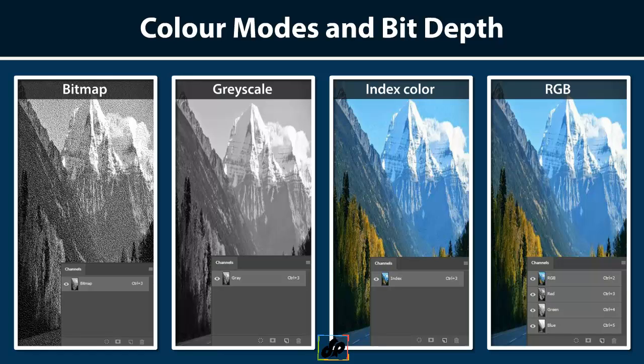The last color mode is RGB. Like grayscale and index color modes, an 8-bit RGB image also has 256 possible values. The key difference is that the RGB image has 3 channels to store this information, a red, green and blue channel, whereas the previous color modes were limited to 1 channel. With 256 possible values for each channel, RGB images contain over 16 million possible colors, which is 8 bits times 3 channels, which equals 24 bits of data for each pixel.